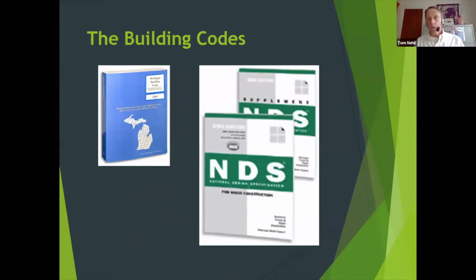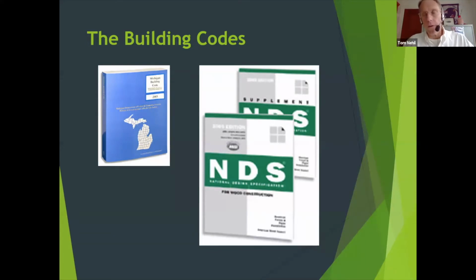So I've referred to the National Design Specification for wood construction. That's this green cover document in that particular edition. And these are the rules for designing in wood, and they're formulated by the American Wood Council, and they are referenced into the Michigan Building Code, which is the National Building Code in effect. The NDS, as I'll call it from here on out, is really